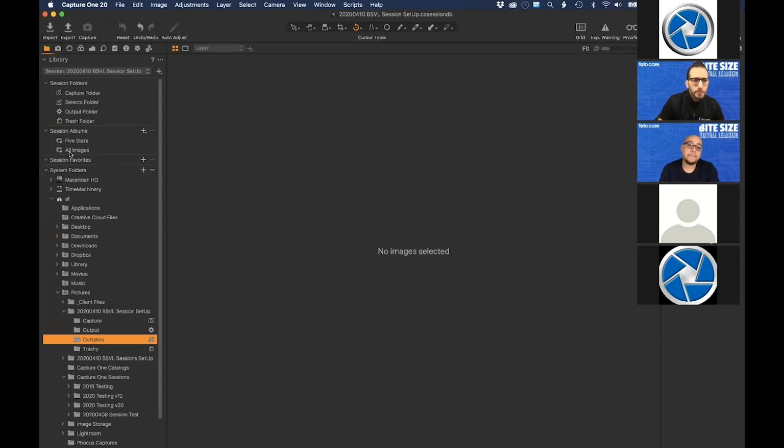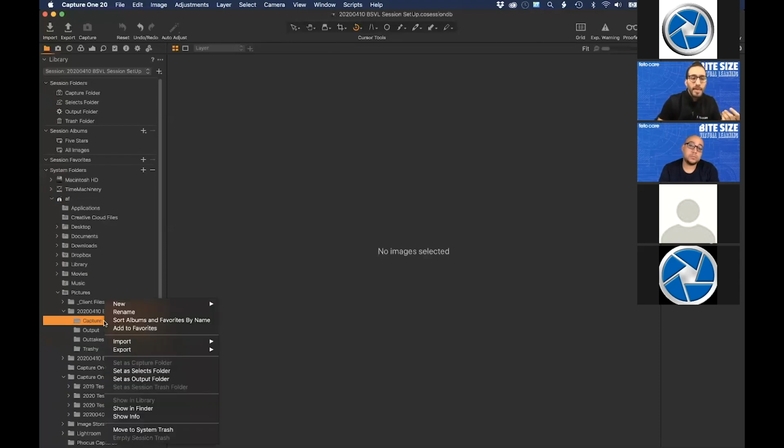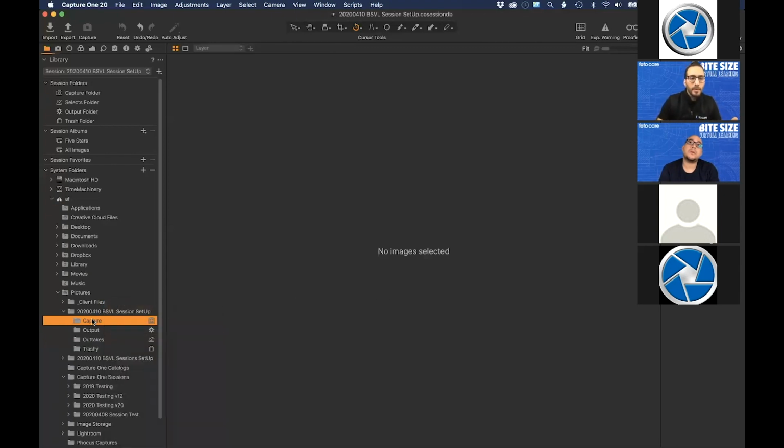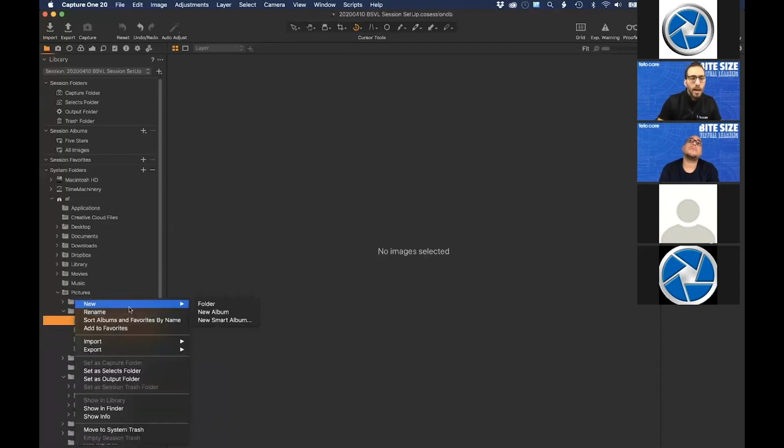So now I've got that. Now what I would do if I were setting this up for a day of shooting is I would add subfolders inside of my capture folder, because we know we're going to shoot 10 frames today. I would highlight the folder by clicking on it, and then you can also rename that folder here if you need to by double clicking on it. So now I would put new inside, and I would choose a folder,